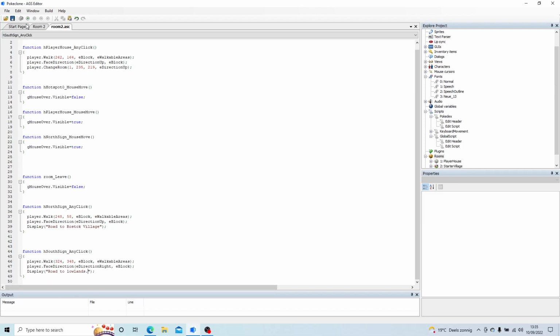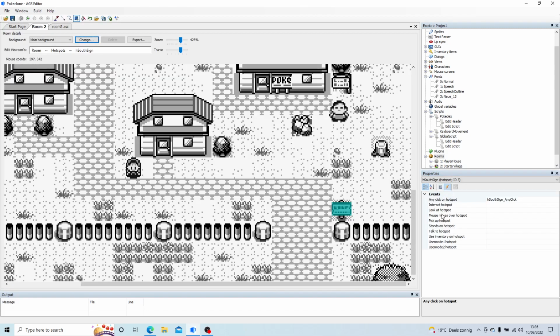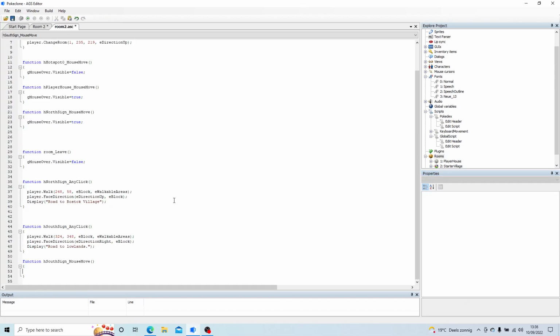There we go. And again, because it's a brand new hotspot, I'm going to do the mouse over, which just switches on